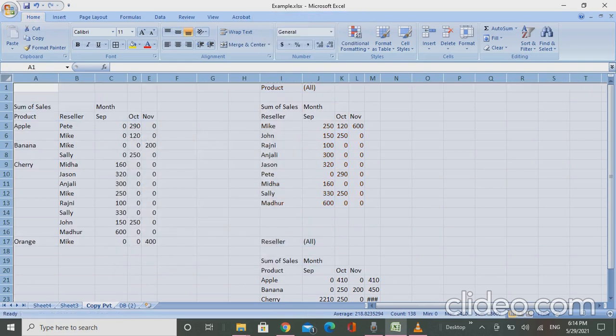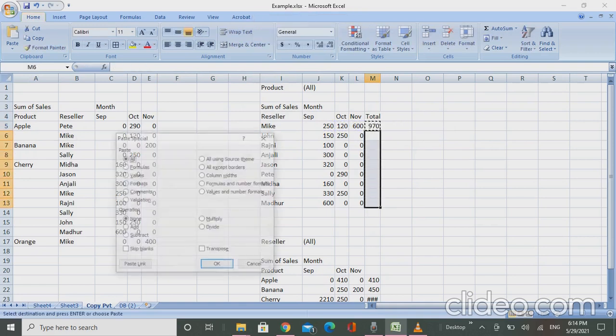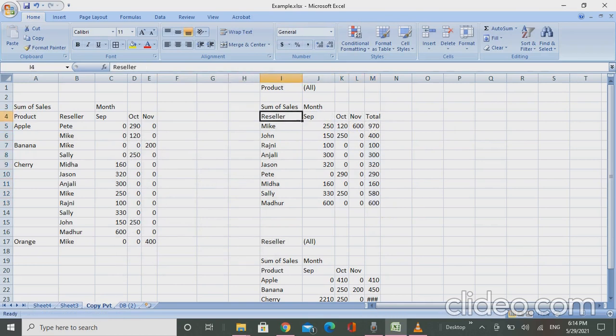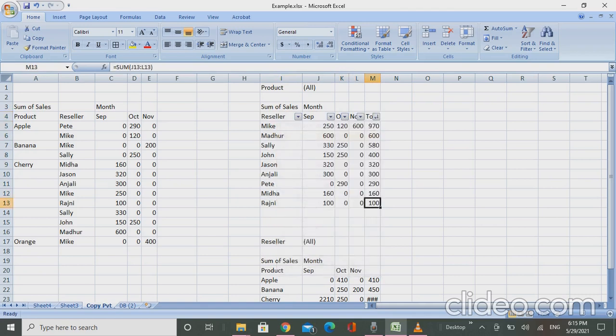So in this thing, what you can do is you can sort it according to your own criteria, whatever you want. So my criteria is that I am making a sum of all of this, and then I'll sort it on the basis of total. So I'm making a filter of it, pressing Shift Control L key, and on the basis of total I'll do sorting. So this is sorted. So for doing sorting custom wise, what you have to do is you have to paste values from the pivot.